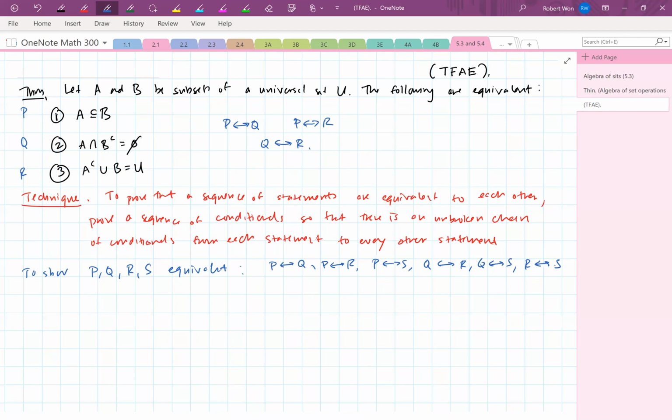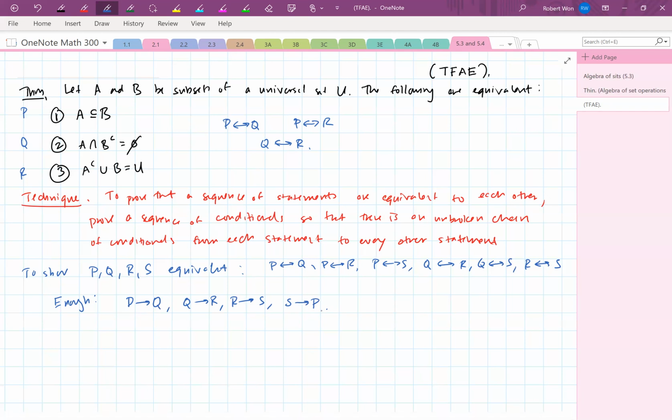But what this technique says is we don't need to do this much work. We just need to prove enough conditionals such that you can get an unbroken chain from every statement to every other statement. So this technique says it is enough to show, for example, one choice is P implies Q, Q implies R, R implies S, and S implies P. If you can prove these 4 conditionals,